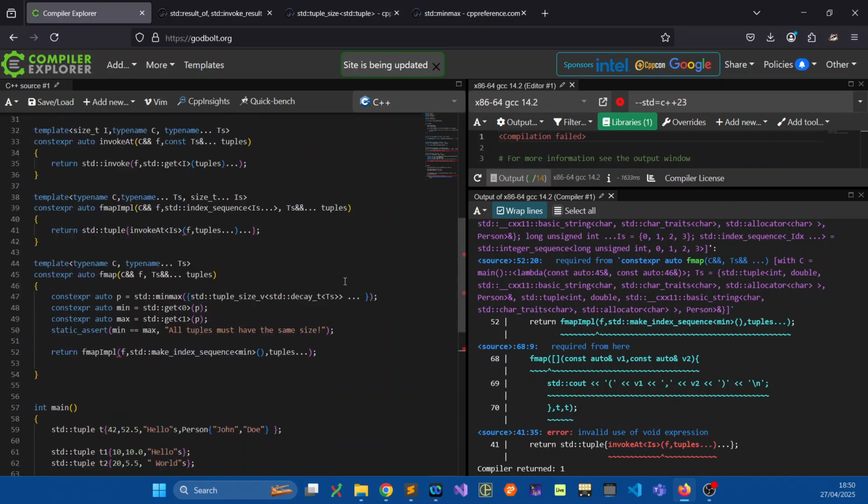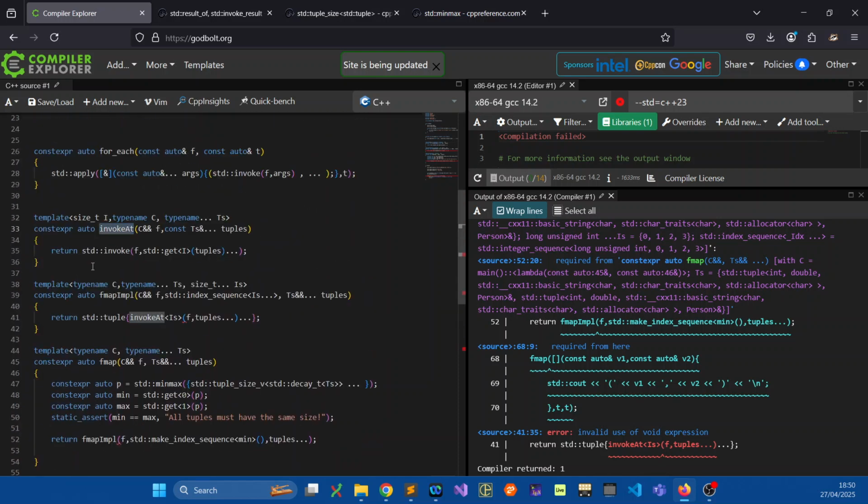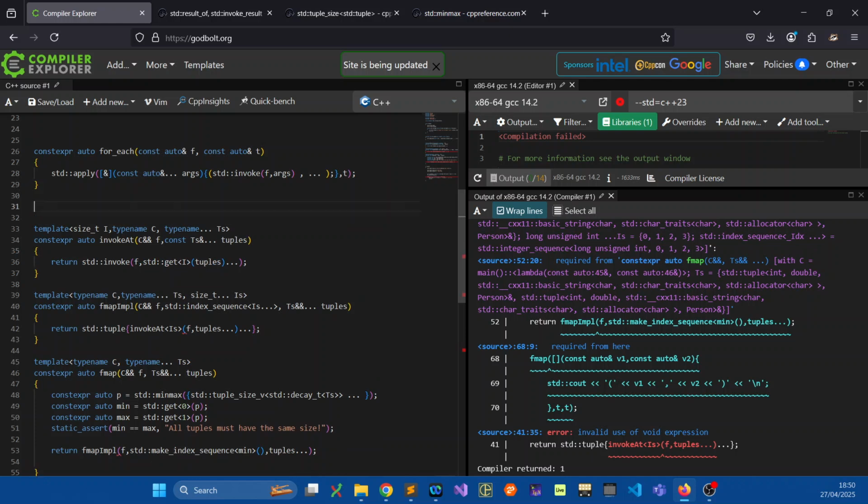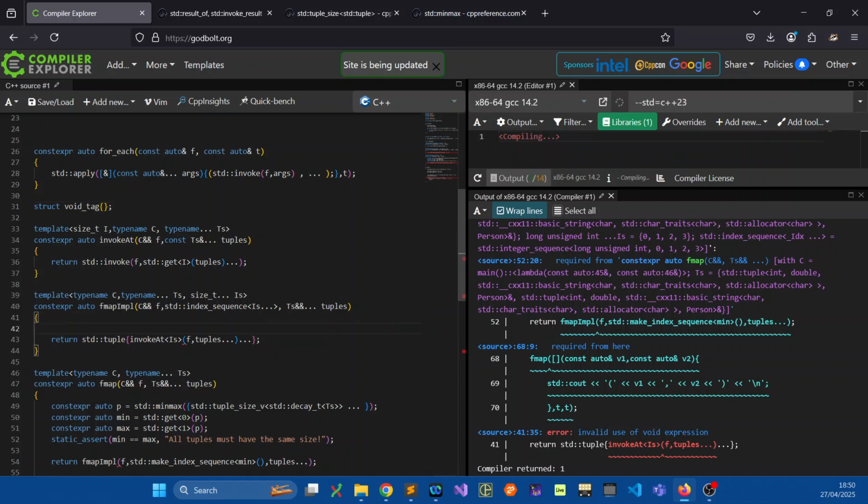Luckily, I can do a trick. In invoke at, I can say, well, if this expression of invoking f with tuples actually gives me a return type that is void, I'm not going to return it directly. I'm just going to execute it and then return some token type that I'm going to invent from here. So what I do is I'm going to invent this void tag structure. And here I can say the following. I can say if constexpr, I need to check if is void